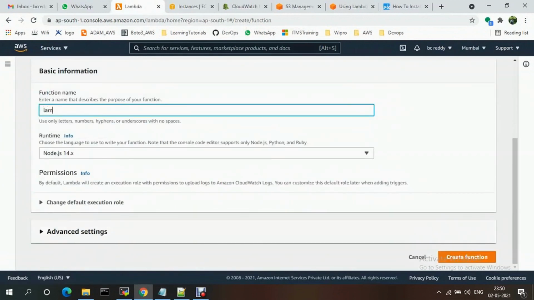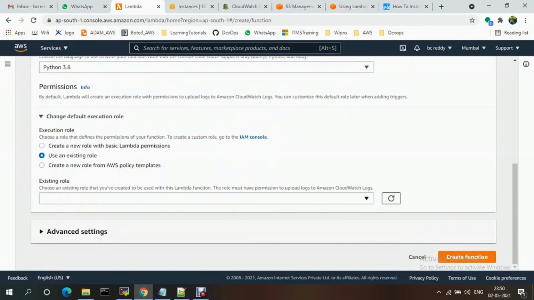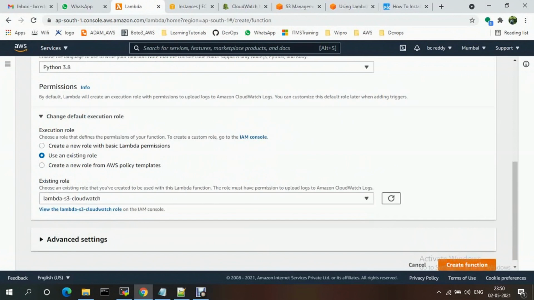Name is lambda-mysql, Python, and you can use the same role and create the function.